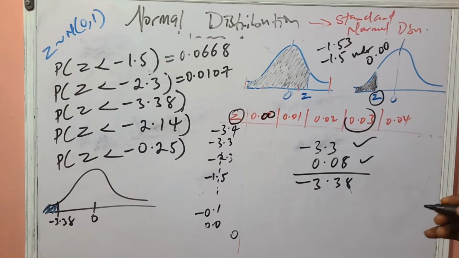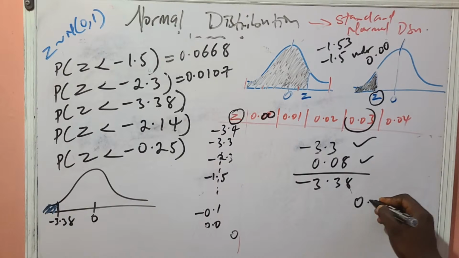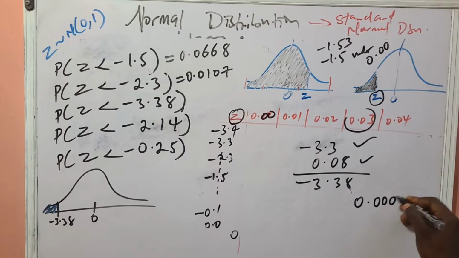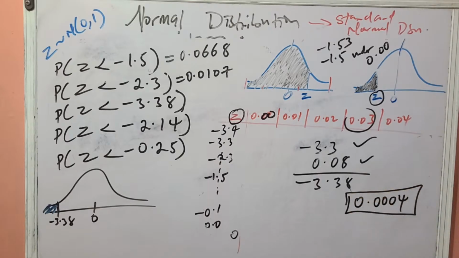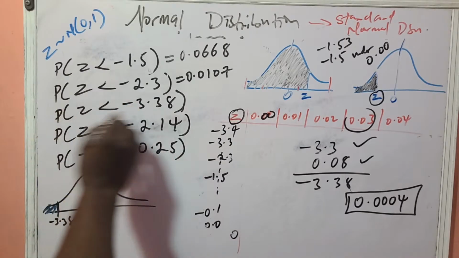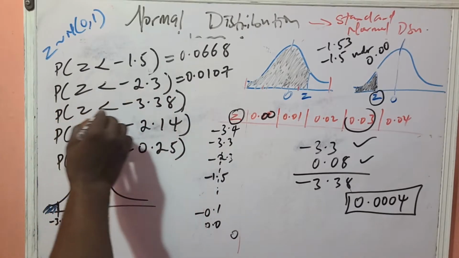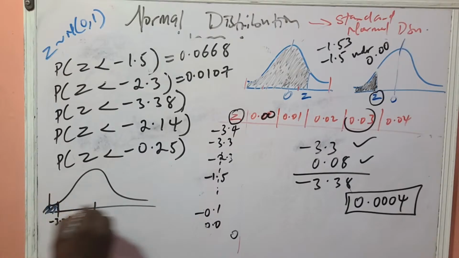0.08 gives me a value of 0.0004. That's what I got from my own table, and I believe it's the same thing you are also going to get. So that means the area covered by this probability, the area where Z is less than minus 3.3, has an area of